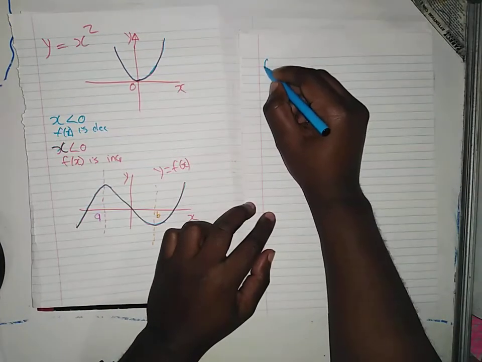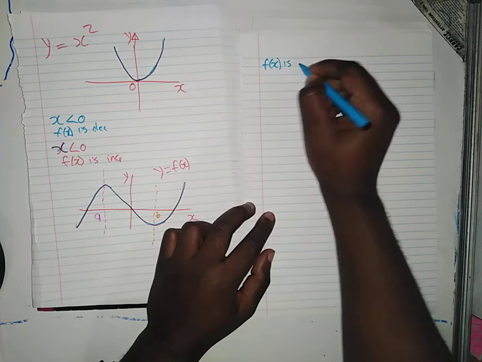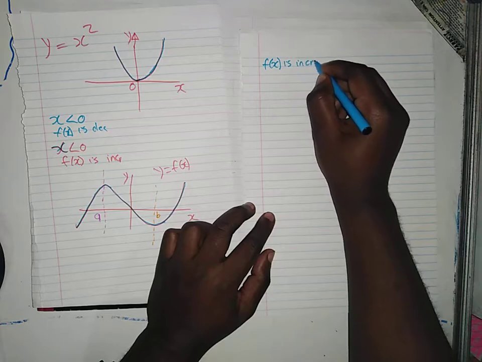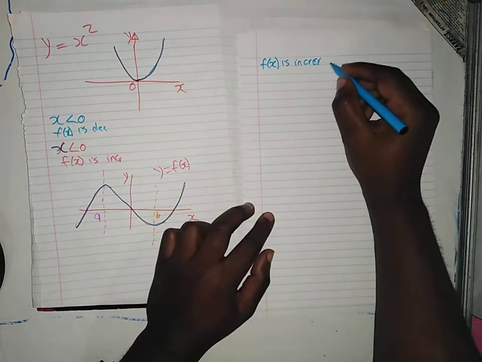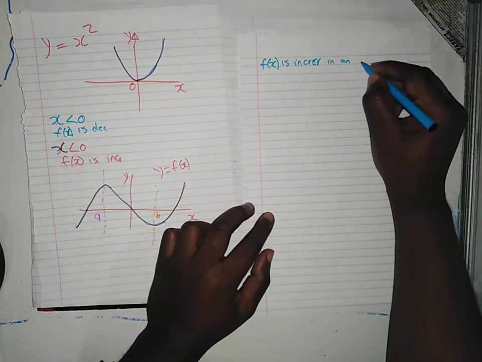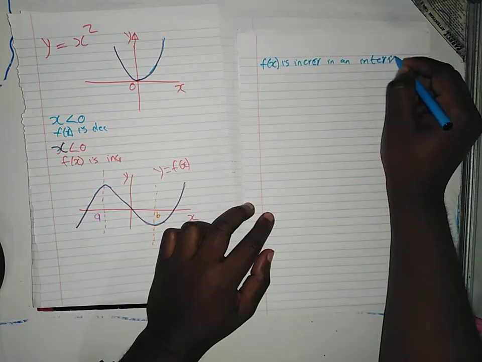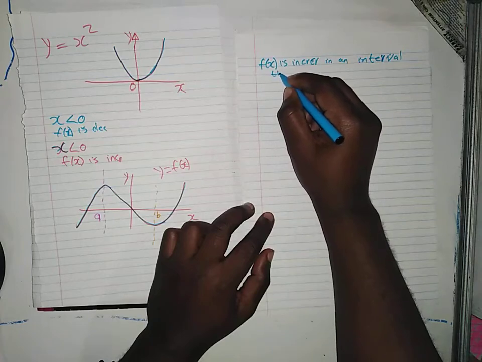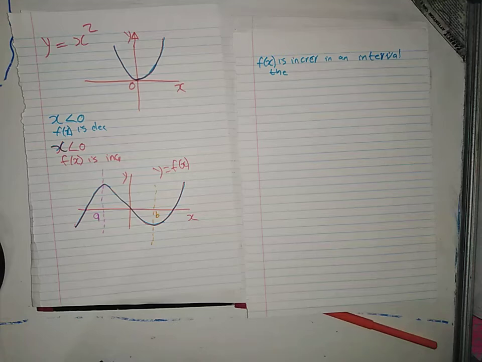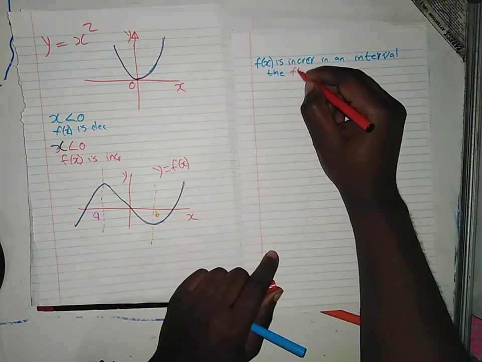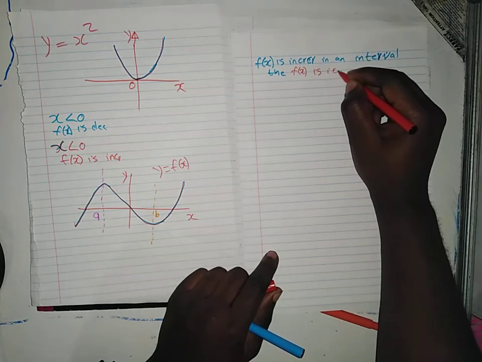It is that if f at x is increasing in an interval, whatever interval it says, we don't really care, then what does that mean? That means that f at x